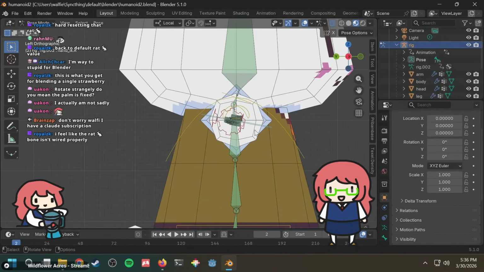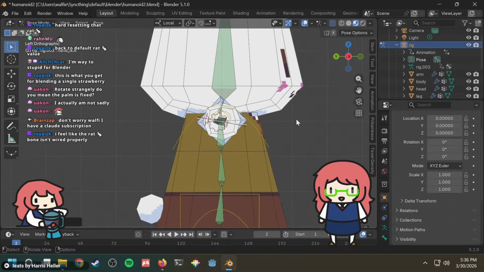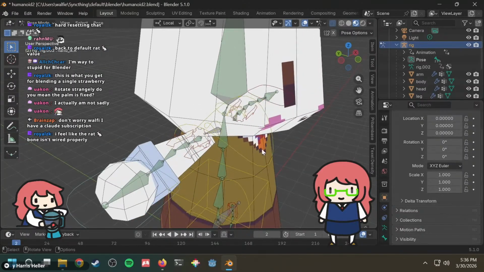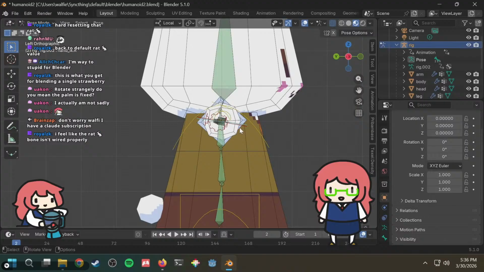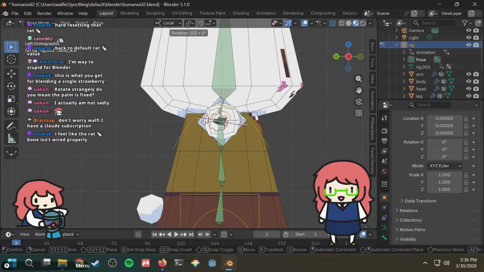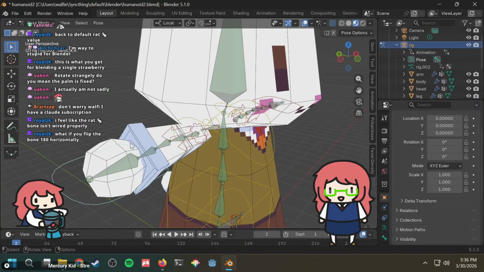The rat bone is connected to the rat bone. What if it was rotated like this? What if you flip the bone?